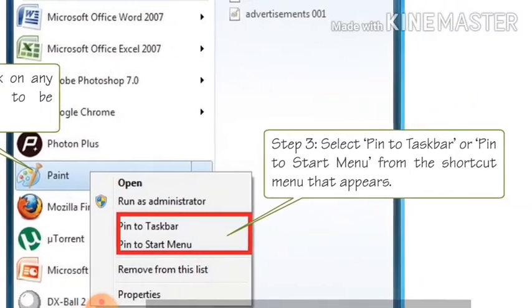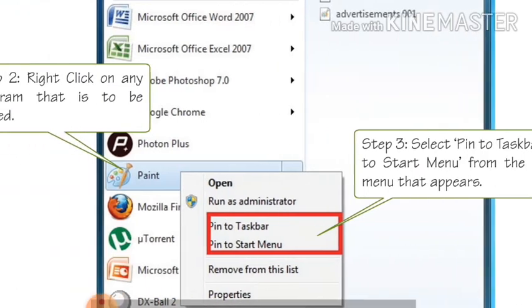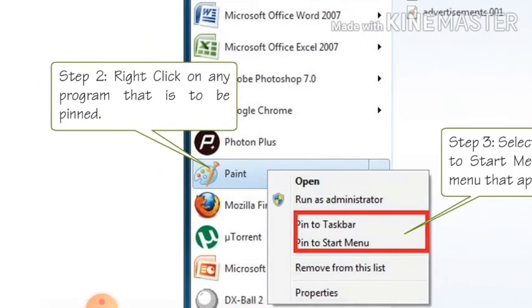First step, click on the start menu, go to all programs, right click on the program which you want to pin up, just like MS Word, Excel, PowerPoint, Windows Media Player, or any browser, just like Internet Explorer, Google Chrome, Mozilla Firefox.